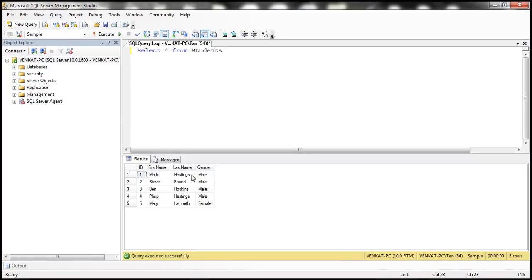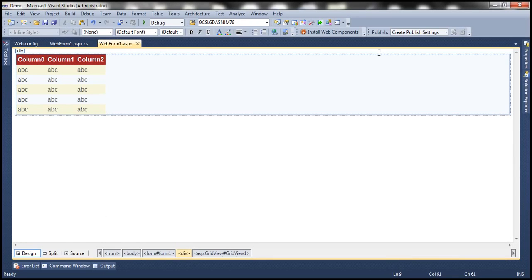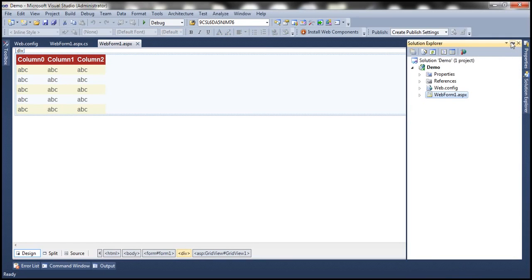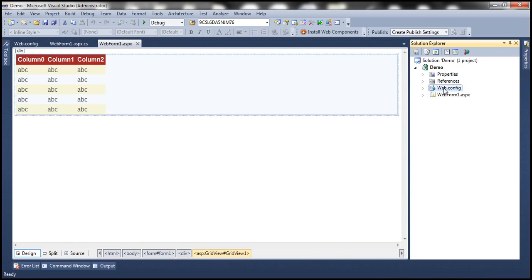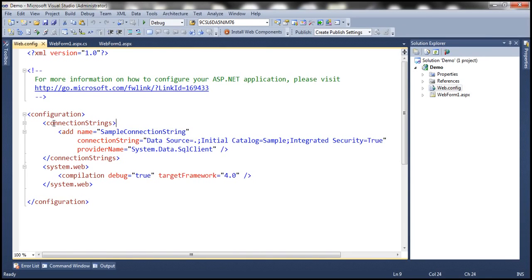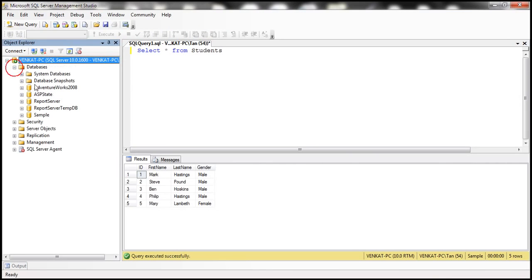All we want to do is write ADO.NET code to retrieve only male students and then display them within the grid view control. And to achieve that, I have already created an empty ASP.NET Web Application project here, and all I have done so far is within the web.config file I have a connection string here which points to this sample database,